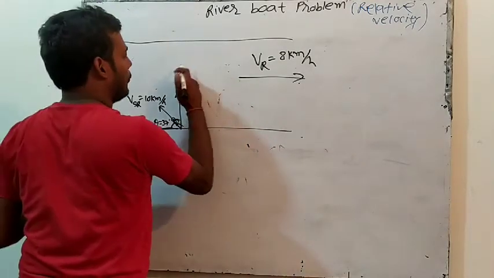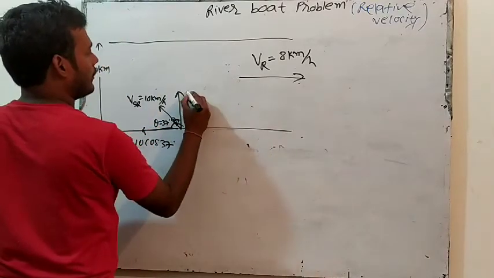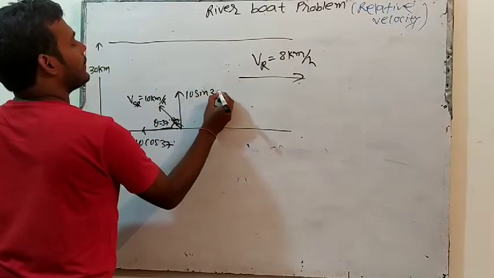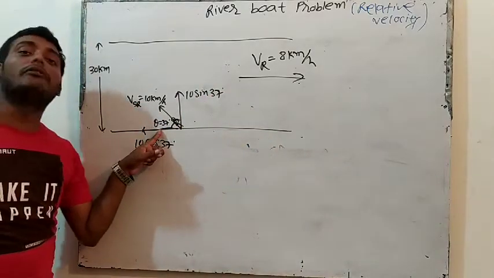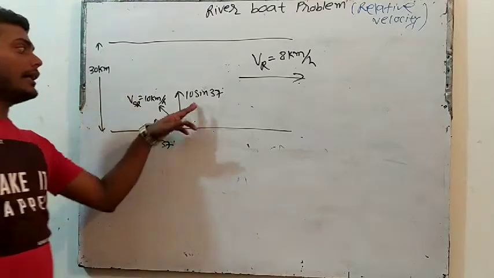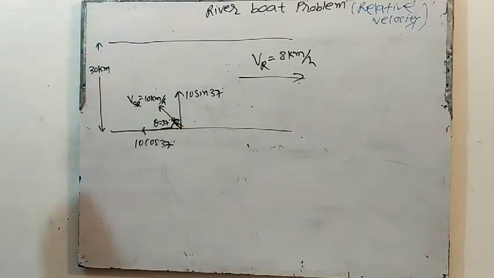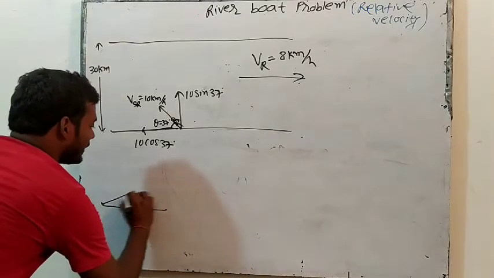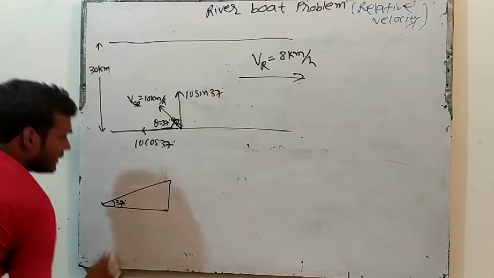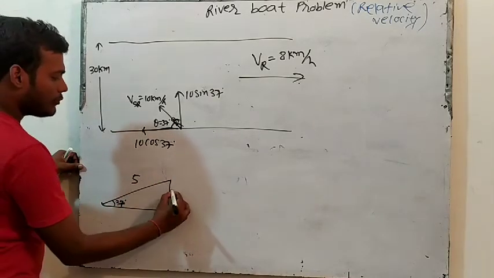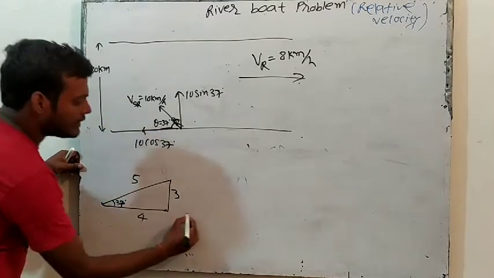जिसके साथ 10 sin 37. मैंने क्या बोला था? जिसके साथ एंगल बनाएगा. Here the velocity vector is making an angle with x. So x will be cos and the other will be sin. So can we write that actually the velocity of swimmer with respect to river is like this? Okay. 10 cos 37 will be how much? 37 degree का एंगल मैंने आप लोगों को बताया. बाकी 37 degree एंगल. If this is equal to 37 degree, so this will be 5, this will be 3, this will be 4. So cos 37 will be how much?